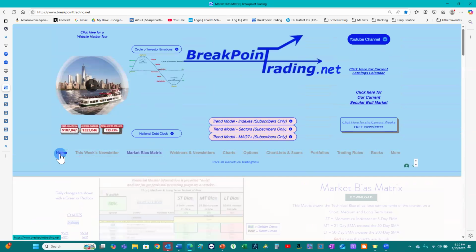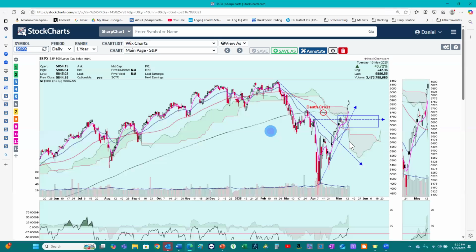Okay, so back here on the home page, we'll take a look at the S&P. And we see it continue to go higher today. I do not expect it to continue at that trajectory. That is getting to the point where it is a little bit too steep, actually. It's above the 200 day, which is really good. So all of that is good news. It's above the cloud. So these are all very bullish signals,